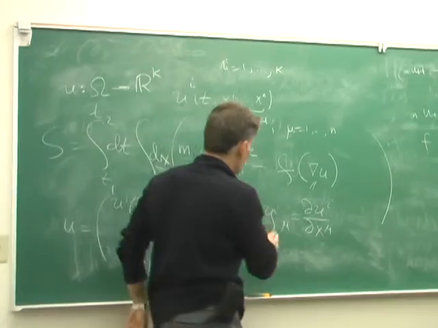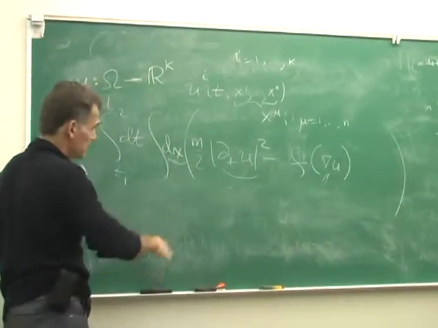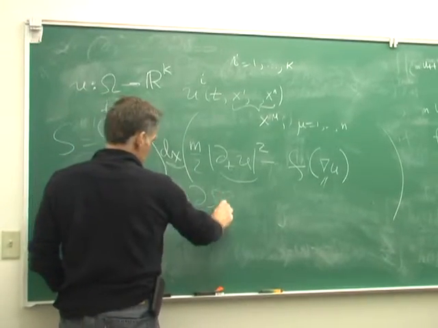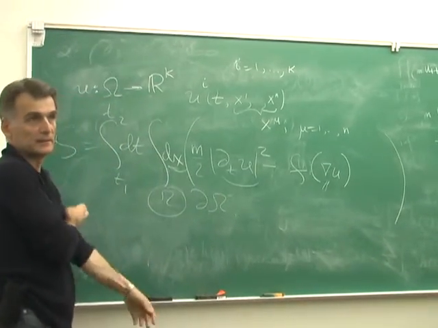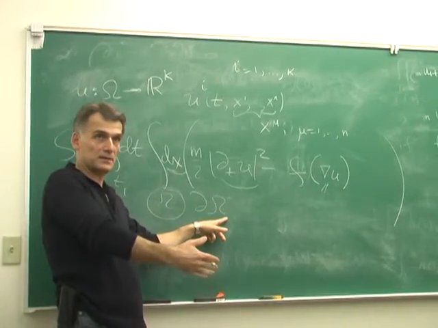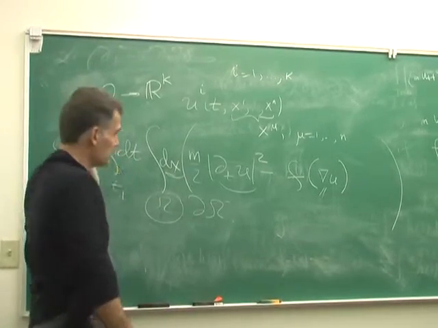So if you do this, then what you want to derive, and you have some boundary. This guy has some boundary. If this is n-dimensional, then the boundary is n minus 1 dimensional. Okay? And then you need to impose boundary conditions. Well, let's say